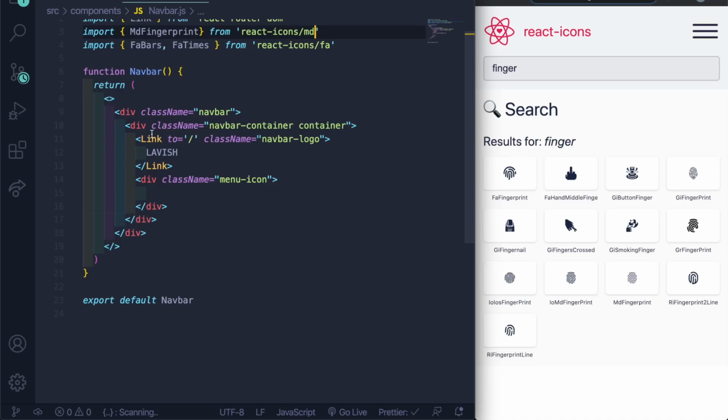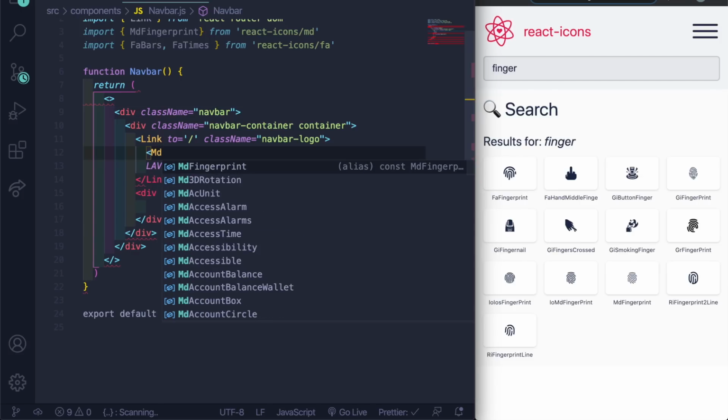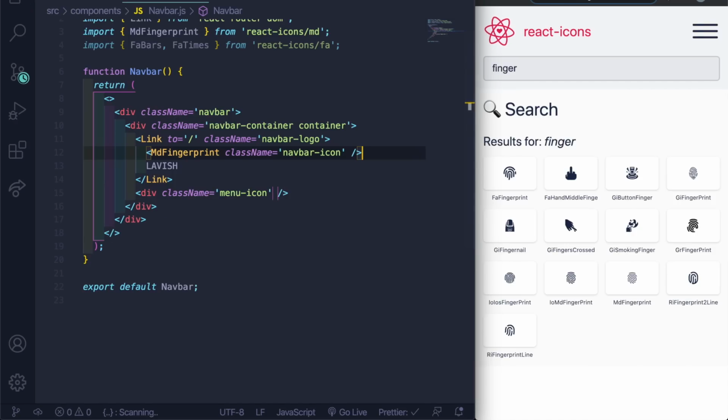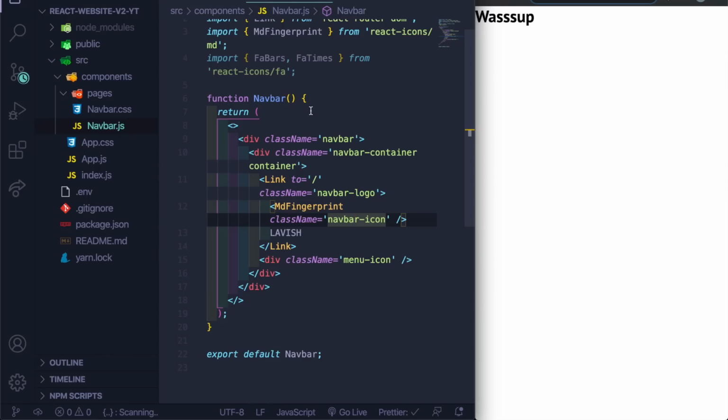We're good right now. So underneath this link, I'm just gonna say opening tag, and then pretty much just say MD, whatever the icon you imported. So I'm gonna say fingerprint, and then I'm gonna say class name to be equal to navbar icon. So I misspelled, that should be navbar dash icon, and then basically close it out with a slash. And then we save this. Actually, no, when I save this, let's see if it loads up. That's not the same one. All right, save this. Nothing is going to show up because we are currently not importing the navbar into the